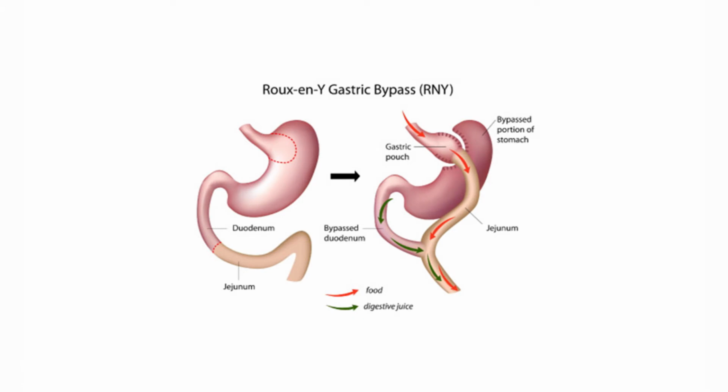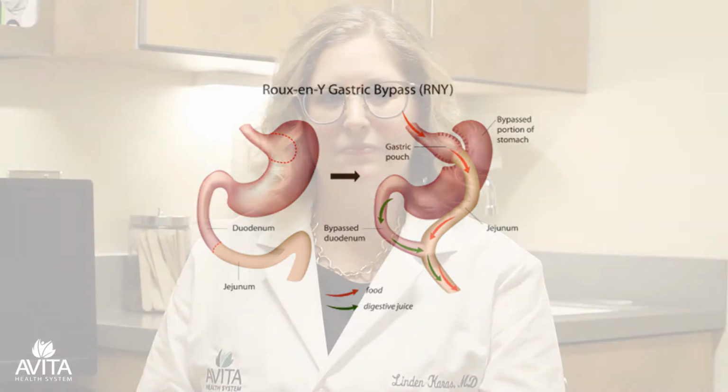The Roux-en-Y gastric bypass is the gold standard of bariatric surgery. We've been doing this procedure for more than 30 years. In a gastric bypass, the top portion of the stomach is stapled off into a small pouch. The rest of the stomach and the first 80 inches or so of the small intestine is bypassed, and we bring a lower portion of intestine up and attach it to this small gastric pouch. This limits how much you can eat and decreases how much you absorb of the foods that you do eat.